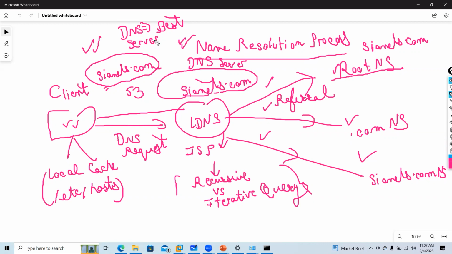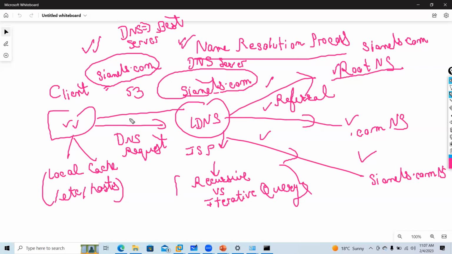So that is called DNS recursive versus iterative. The first query which will be sent is called your recursive query. So that is called recursive.